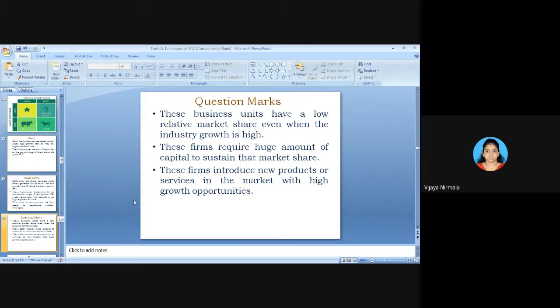Holiday resorts are generally visited only on weekends. You can't leave your resort blank for the remaining days, right? You need to maintain your resort. That is why, because the growth rate is high. But we don't prefer to go to holiday resorts daily. We generally go only on weekends, or when we find leave or some leisure time. So the market share is very low.